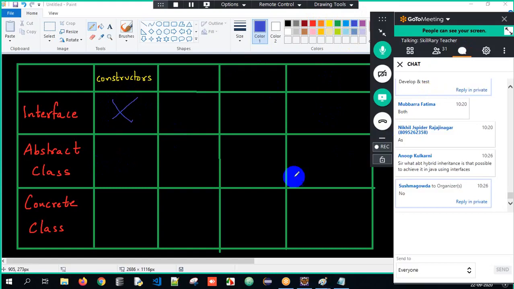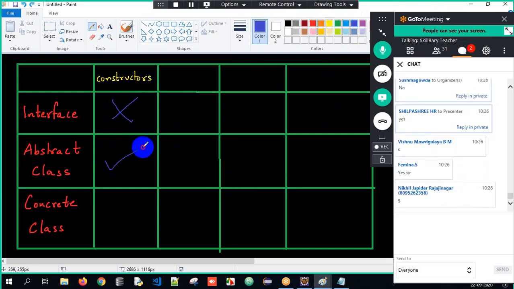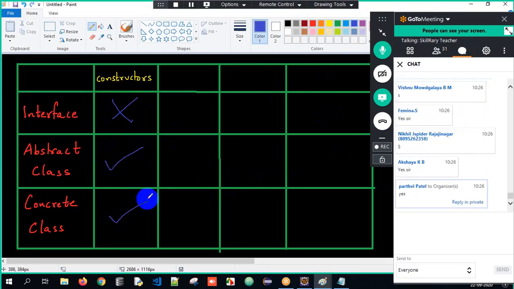Yes. I have probably shown it to you in the previous session. And obviously, a concrete class can also have constructors. So interfaces cannot have constructors, whereas abstract class and concrete class can have constructors here. Got it?